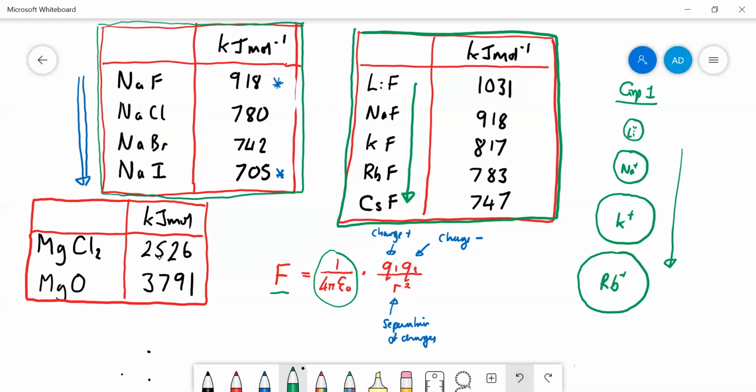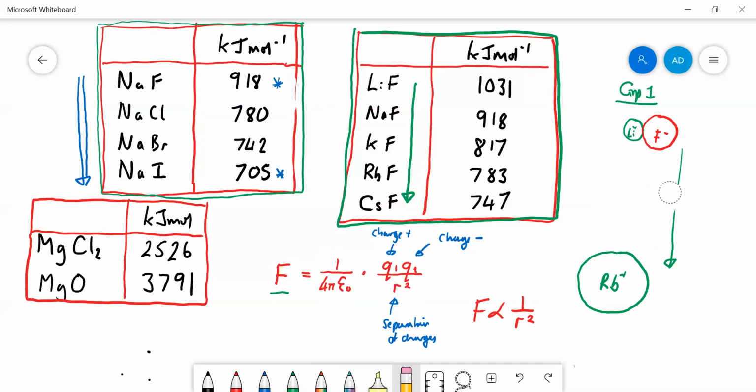So once again, the force of attraction is proportional to 1 over the separation of the ions squared, R squared. If we think about lithium fluoride, and rubidium fluoride,